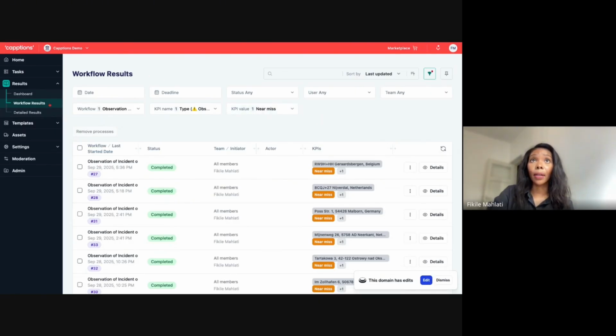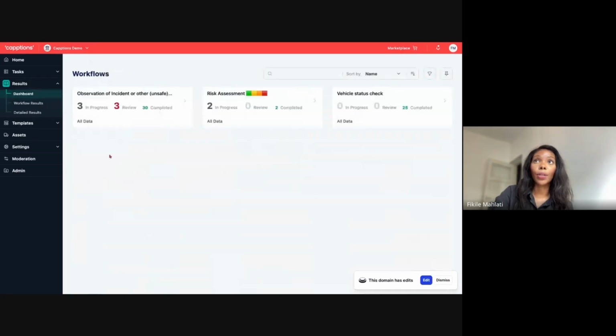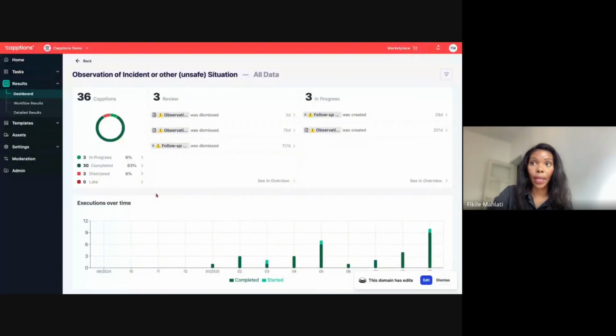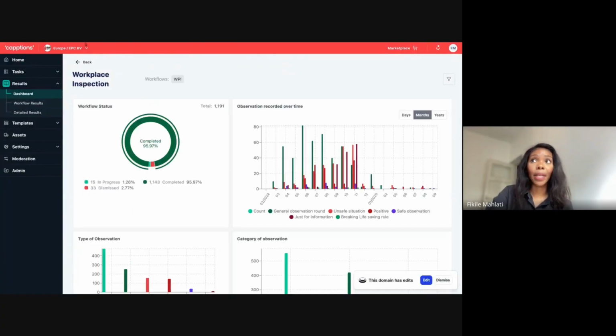So that is the detailed results. And next to that, we also have a different type of dashboarding, which is the KPI dashboard. Contrary to the standard dashboarding that we looked at, if we go back into this organization, we'll see that this is the standard dashboarding that is produced by the system, and these will remain unchanged. However, if you want a more detailed view into exactly what's happening in your organization,